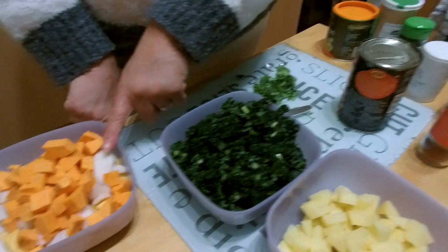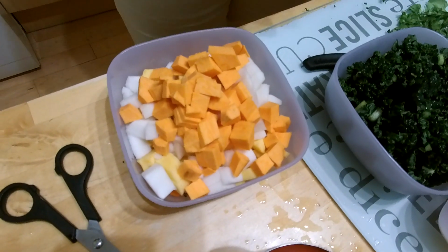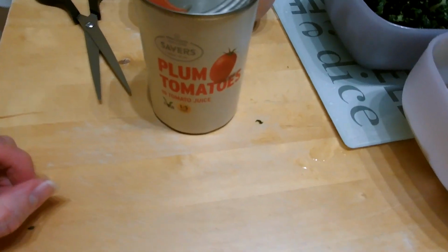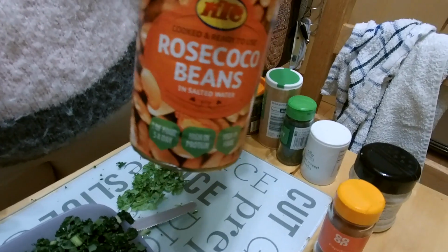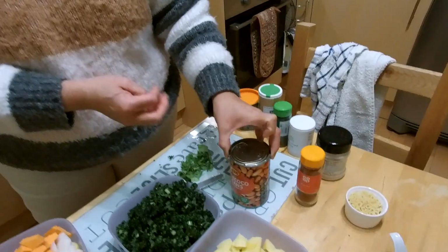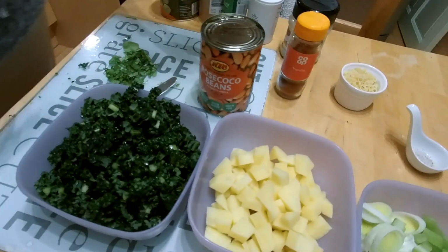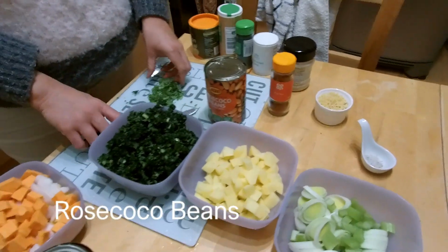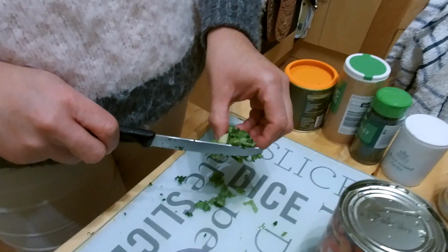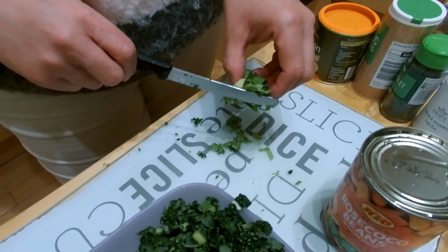And then here I have got swede, turnip and sweet potato, a tin of plum tomatoes and some beans. What sort of beans are they? Rosecoco. Then I've got some fresh basil from my little basil plant on the windowsill, and the spices that I'm